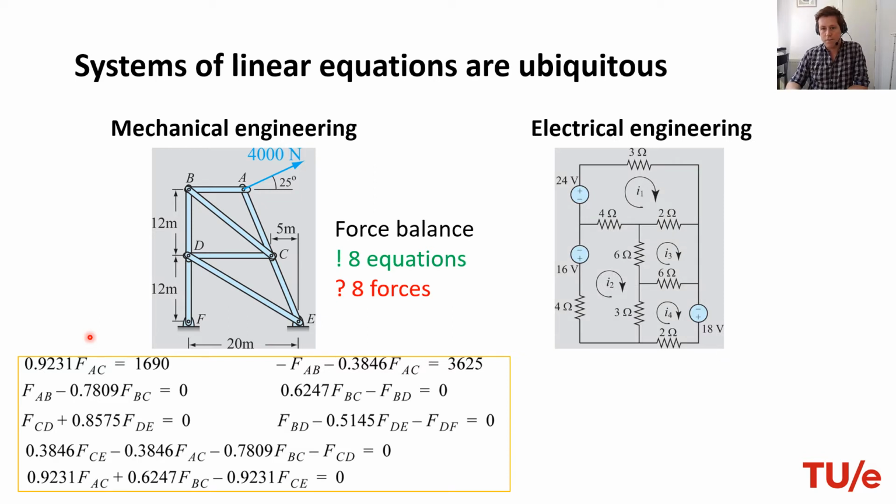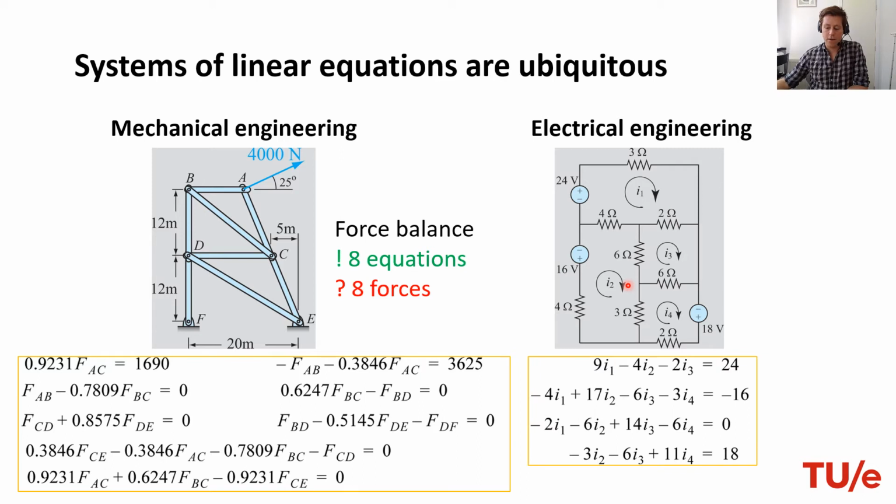Another example is from electrical engineering, where we have this electrical circuit over here. There are a number of voltage sources. We have some electrical resistances here, and the idea is to calculate the currents through each of the loops within our system. And for that, we can use Ohm's law. So we just look at the